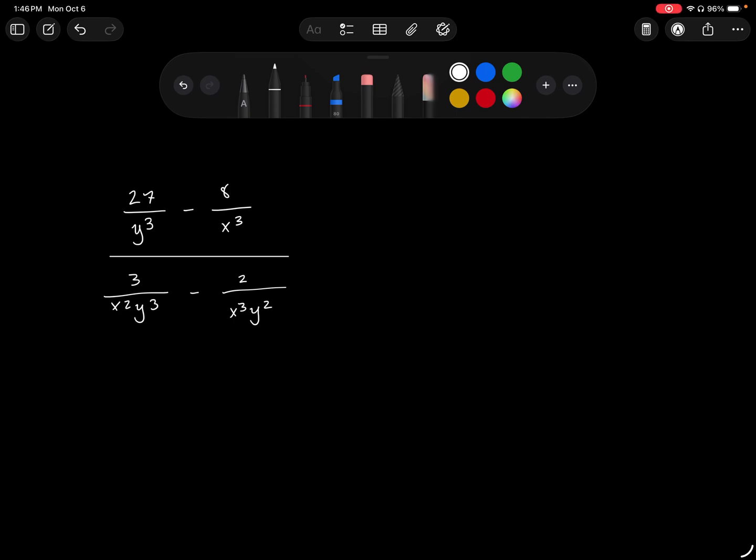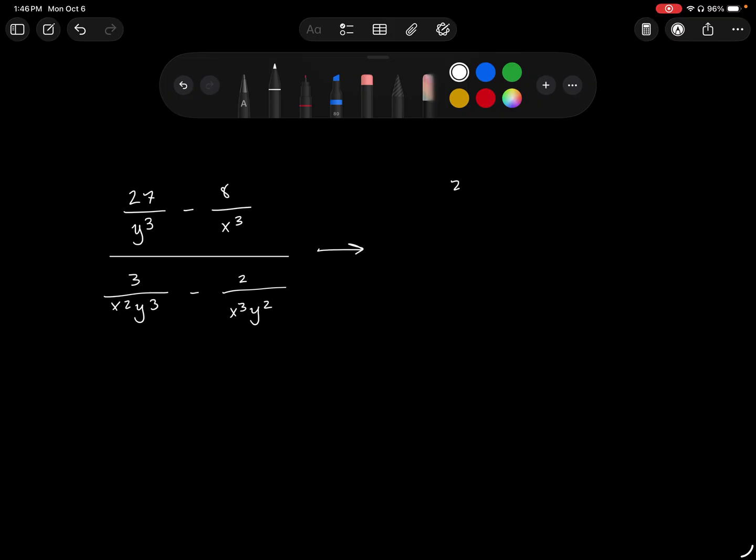So let's say you have to simplify a rational expression like this. First thing you're going to do is identify that the least common denominator is x cubed, y cubed. So I'm going to rewrite this